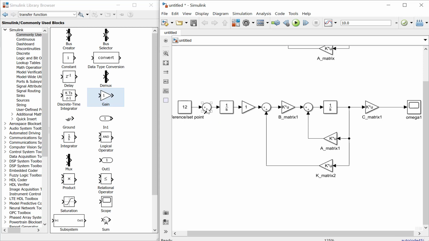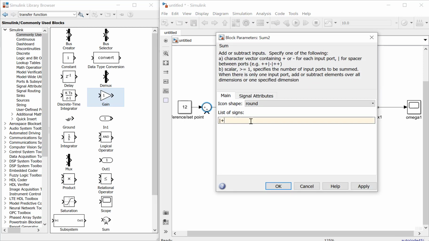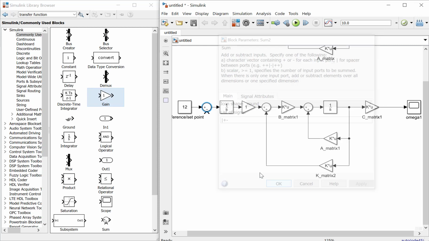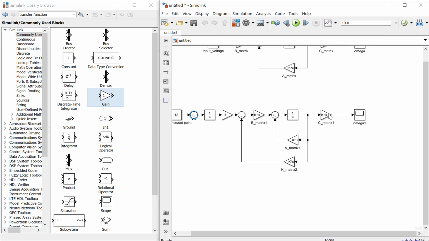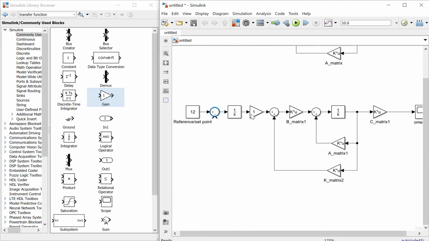And then we need to change this sign because we need to get the error, the difference between the set point and also the feedback. So we need the feedback here. The feedback actually comes from the sensor.